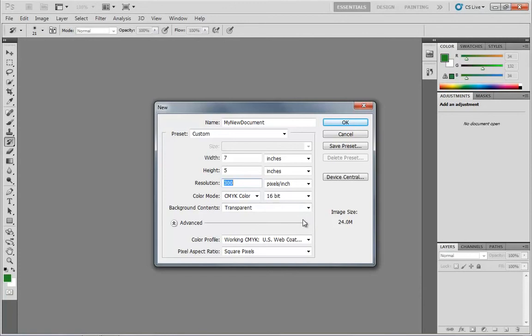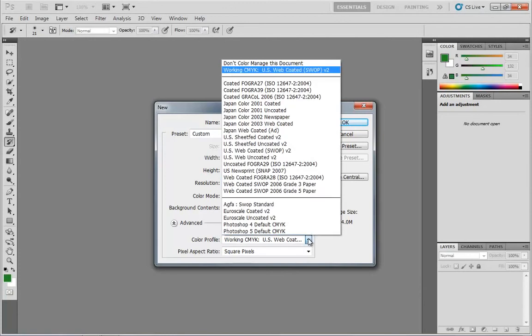Now color profiling could really be its own lecture, so I'm going to keep this very, very simple. You have several different color profiles that apply to different types of paper. So if you're actually trying to create something that'll go on newsprint, you could choose the US newsprint snap profile. 99 times out of 100, for the most part, you're just going to be working with the default